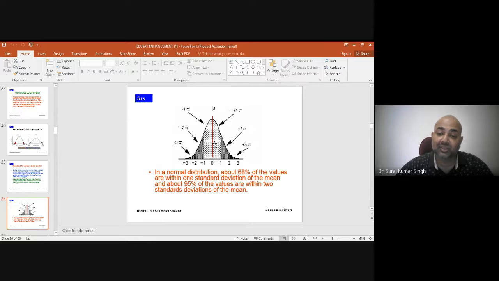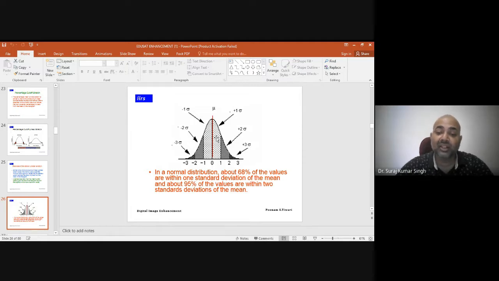So this is the mean, then you have one standard deviation, then two standard deviations, and then the third. We are focusing on this third value, and it will be restretched to make the lower values go towards 0 and the higher values towards 255.